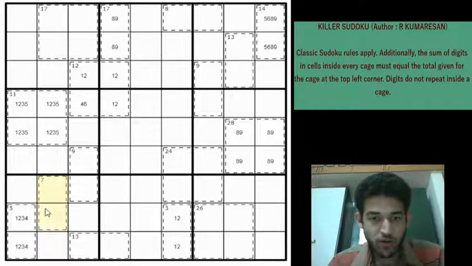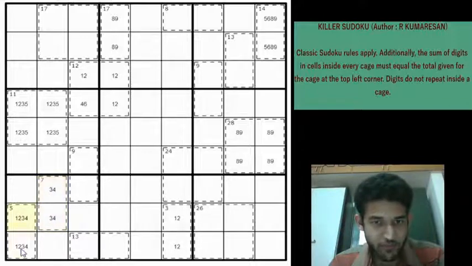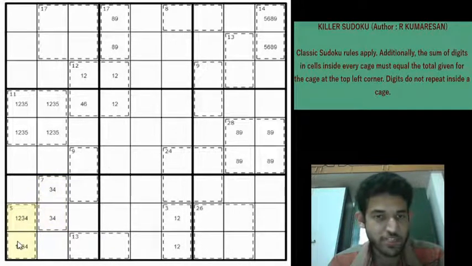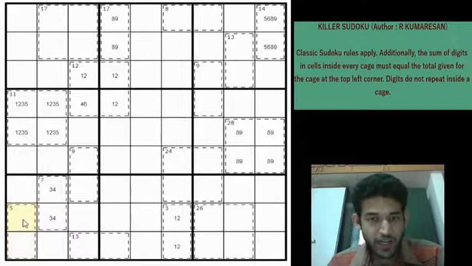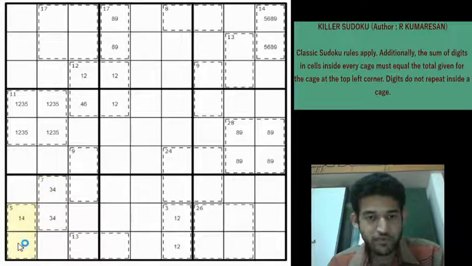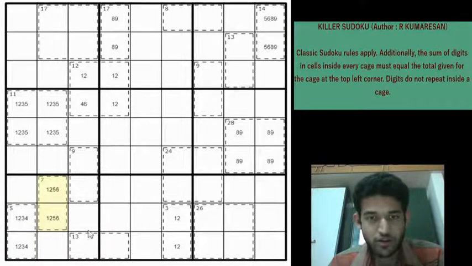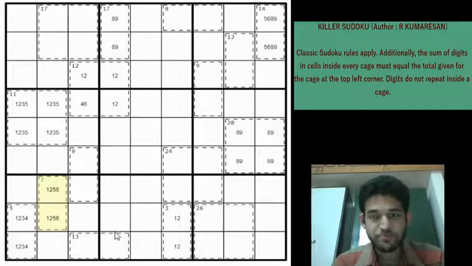So a 7 can be 1, 6 or it can be 2, 5 or it can be 3, 4. But if you look closely, the interaction of 3, 4 with this cage, when you have a 3, 4 in the 7 cage, you are removing both the possibilities for the 5 cage. 5 cage can be 1, 4 or 2, 3. If you have a 3, 4 here, 2, 3 is not possible. And again 1, 4 is also not possible because 4 is here. So we know for certain that a 3, 4 is not possible in this 7 cage. So it can be 1, 6 or 2, 5, right? No other possibility.